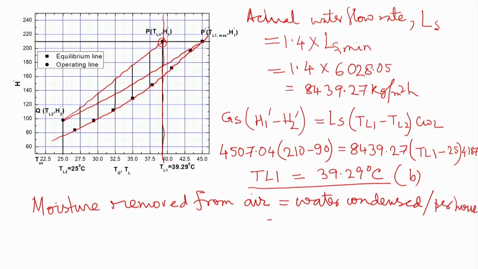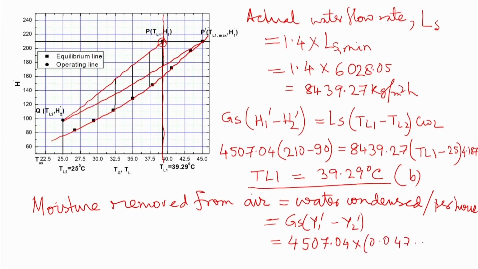That is Gs into y1 prime minus y2 prime. So, that is 4507.04 into